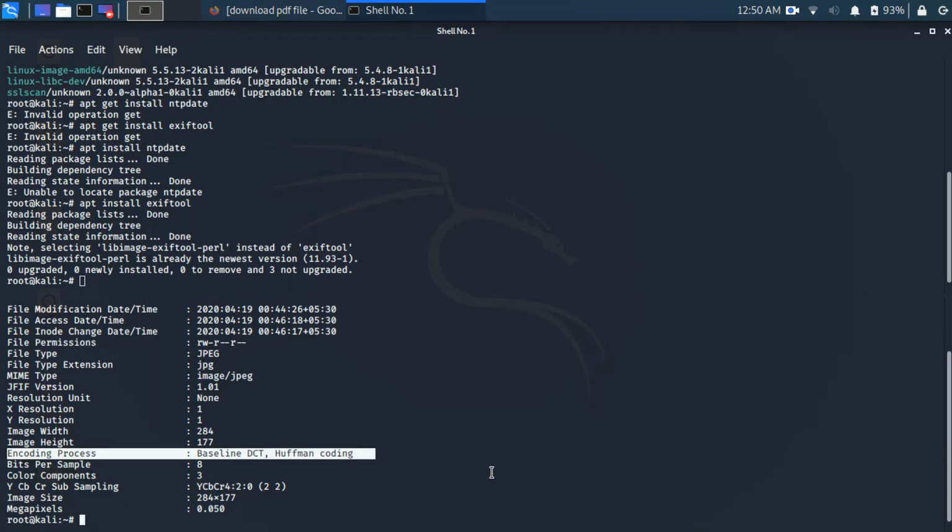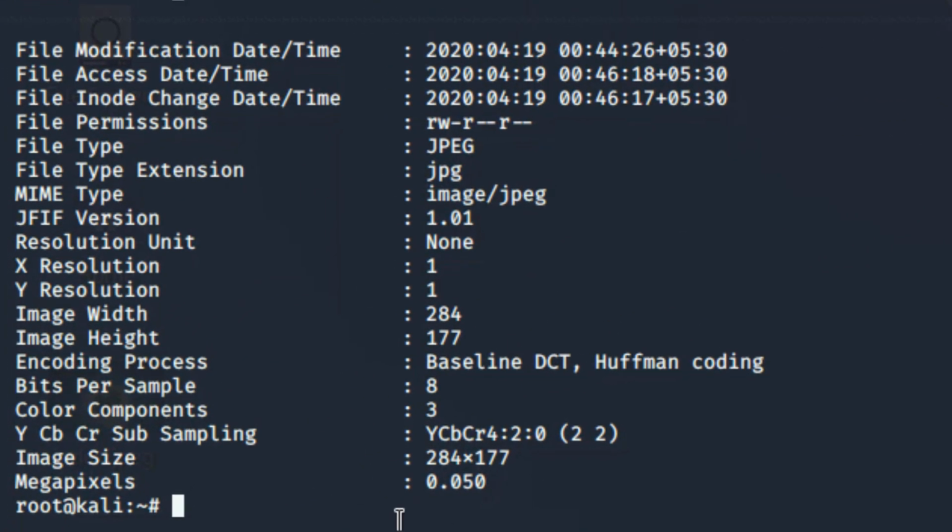Now we will see how to use this exiftool on PDF files. So write exiftool and specify the path where you have saved your PDF. My file is saved on the desktop as application.pdf.